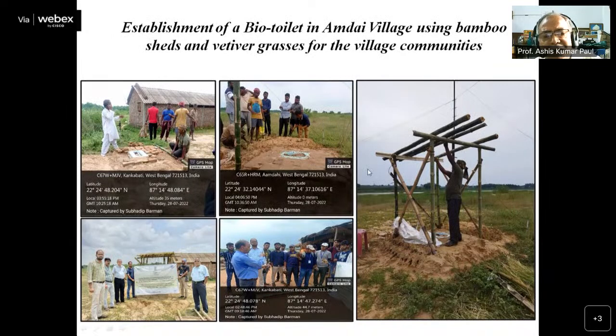And then one biotoilet was also established by our team and the NIDM team and their associates and the villagers in the Amdoi village. And here you can see that with the bamboo fencing, the bamboo blades, and the vetiver grasses, ultimately the biotoilet was prepared in this area. And recently, when we visited this site yesterday, the people are satisfied, and they are using this biotoilet, particularly the women. They are using it, and